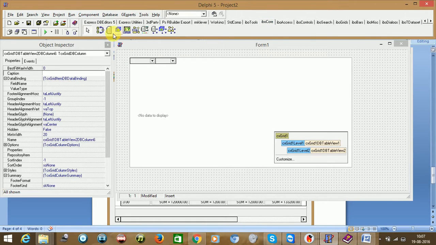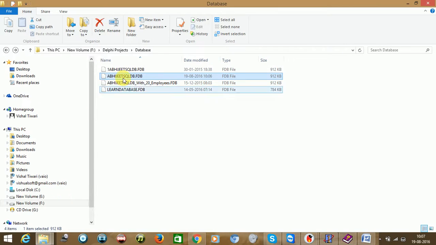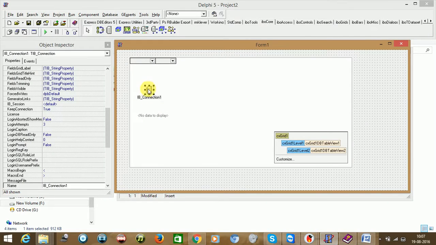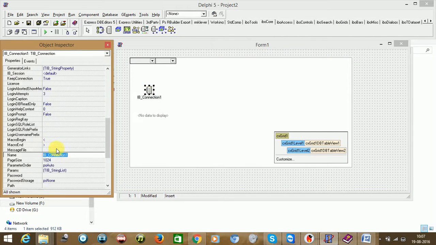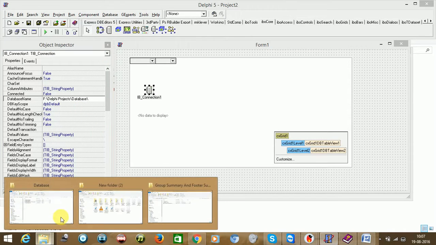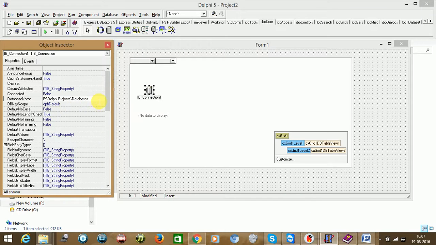IB core component, have the database connection component. Just copy this. I think it's practiced, so it won't be taking that much time. So please bear with me once again. I just wanted to show you the result, how it looks. It won't be taking time.